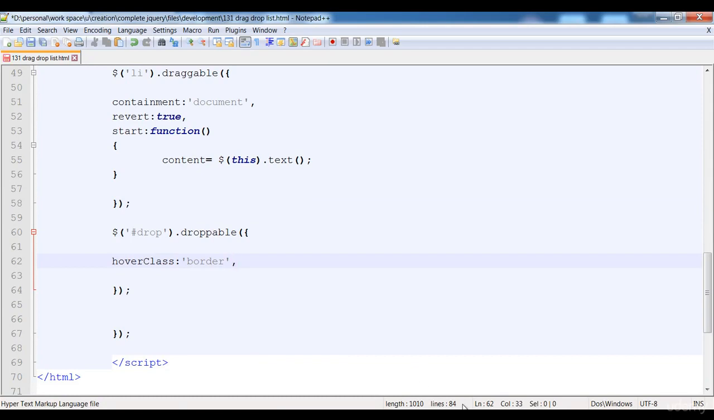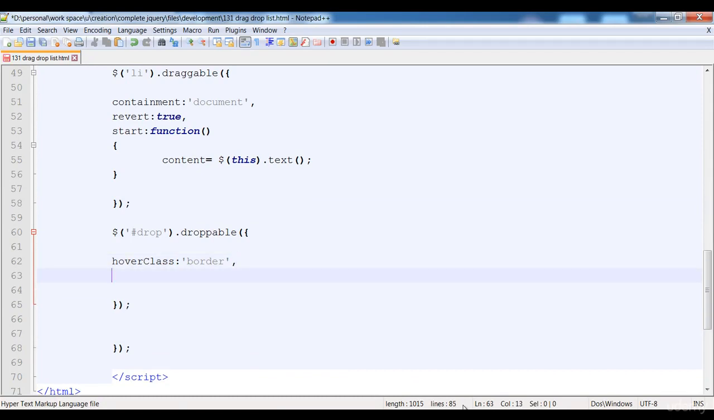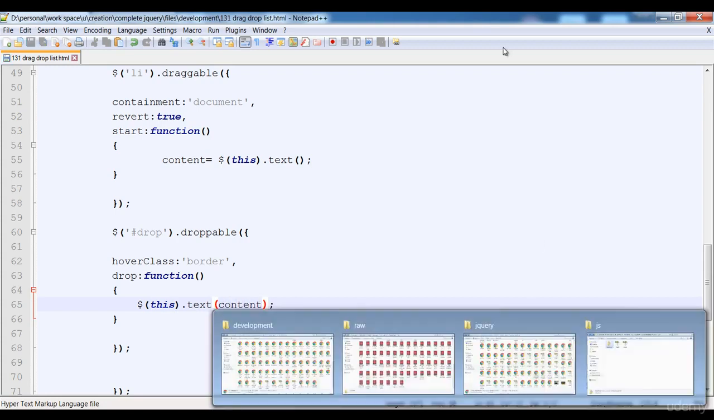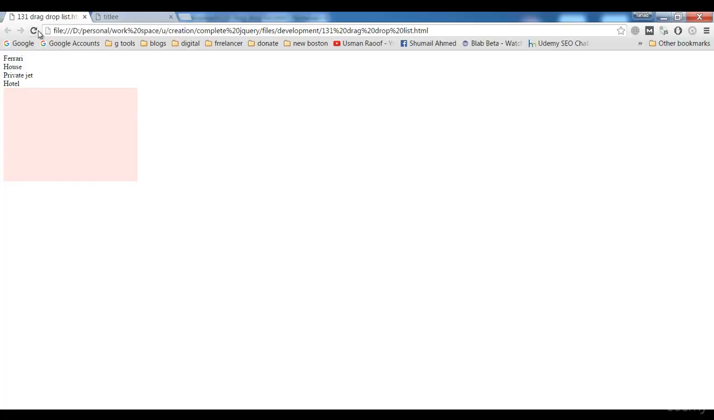And the next thing that I'm going to apply is adding the text inside the div when we drop the list item. Here is this, and here I'm going to select the div dot text. Div text is equal to the content, and content is a global variable. And now here you see that when we drop it, it is printed, and when we again drop it,